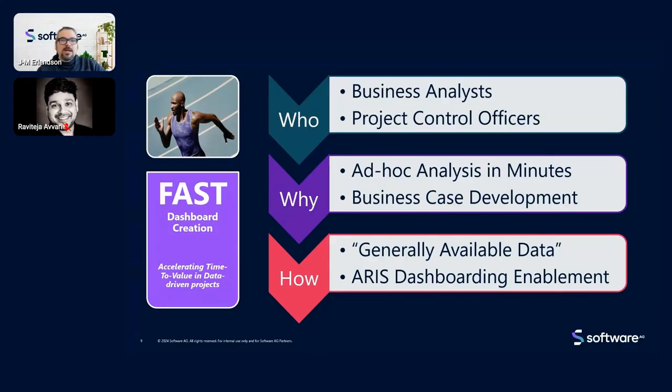So how do we do that? I talk about generally available data. The idea is you create a set of data feeds that anyone can draw from. The technical exercise is a little bit more technical on that side, not too bad though. You create a set of data feeds that exist within the data feed section of the dashboards and data feeds in ARIS. And what that means is that anyone who wants to build a dashboard on top of that can quickly draw from that much larger subset of information that you've selected into the tailored ones they need right now,